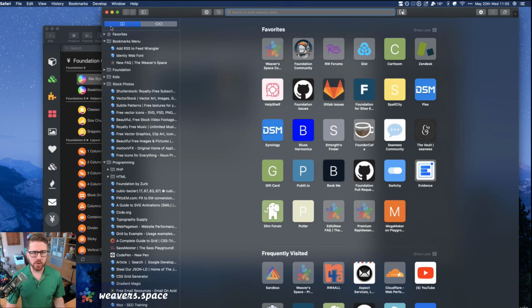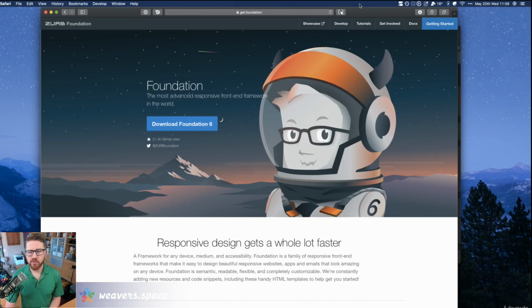If you're in the web design world, you may know that Foundation is actually an entire web framework. It's an open source web framework used by tens of thousands of developers across the world. Actually, it's over 100,000. I believe the number is between 300,000 and 500,000 developers around the world who use Foundation,